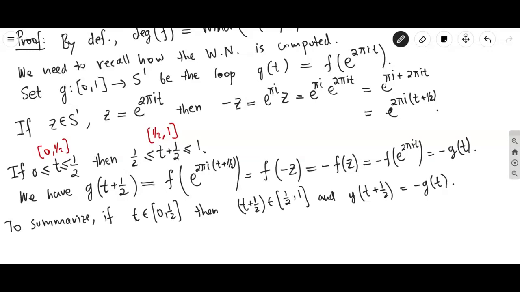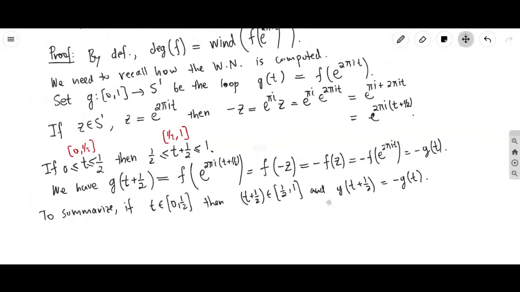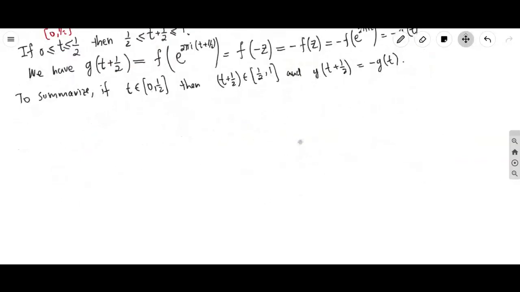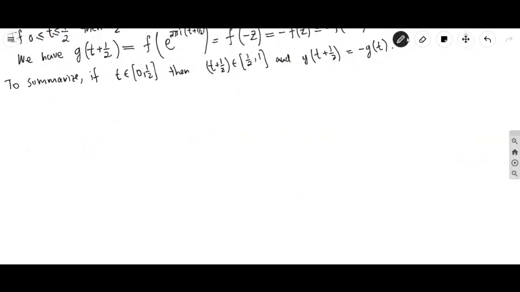And we're going to use this result, this relationship, to calculate the winding number and show why it has to be odd. Okay, now how do we find the winding number? So to find the winding number of G,